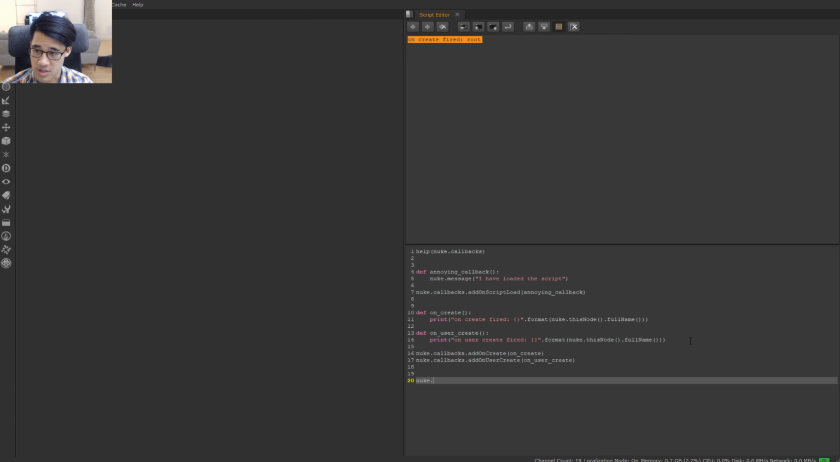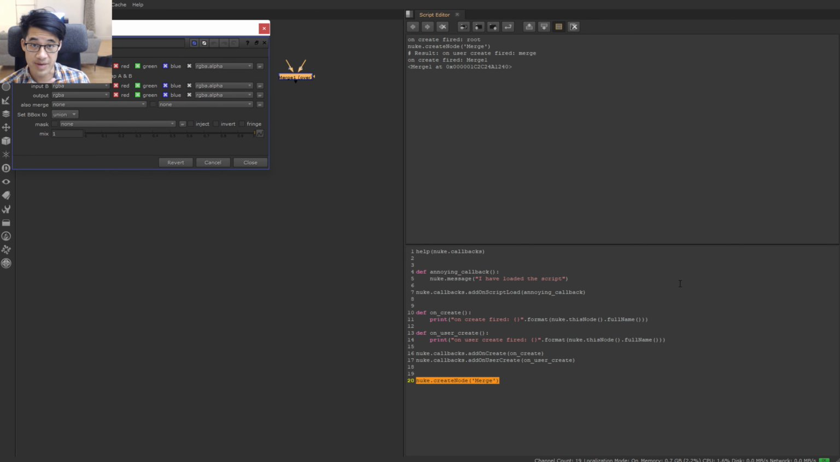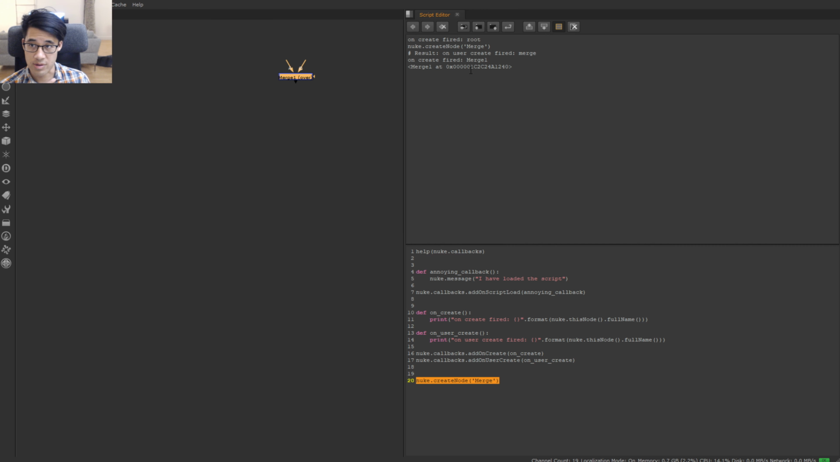So I'm going to create a merge. So I've made a merge, which is great. So it's going to fire the onUserCreate and onCreate as well. Notice we'll get to the difference in the name in a second. All right, so I'm now going to